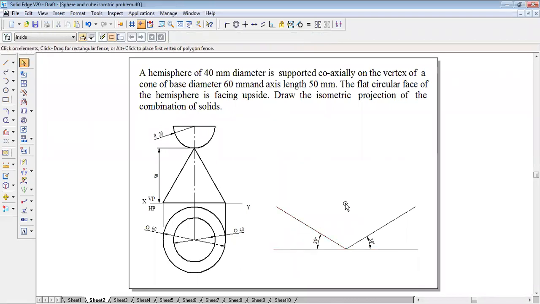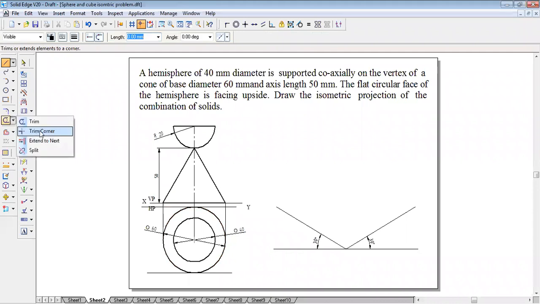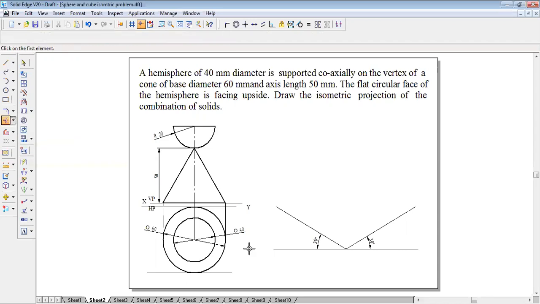After this, you can see I'm just keeping the object in a box. From this point, I'm drawing lines which are crossing over. Using the trim corner command, not the extend command, click on this line and select this line and the horizontal line, the vertical line.